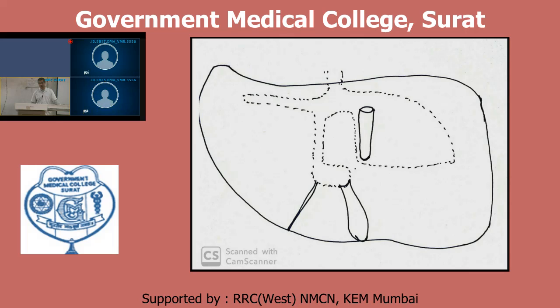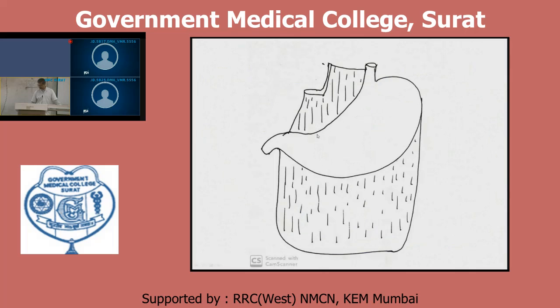This is the fissure for ligamentum venosum. You can see this arrow indicating here. This fissure for ligamentum venosum is showing attachment of the peritoneum here in relation with the liver. In between the fissure for ligamentum venosum and the right side, there is the presence of the inferior vena cava. Here this is the caudate lobe of the liver, indicated by the arrow.